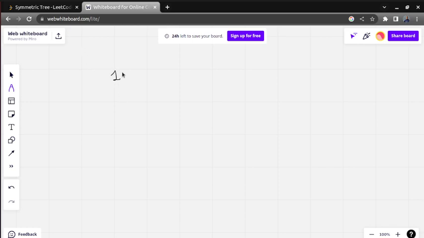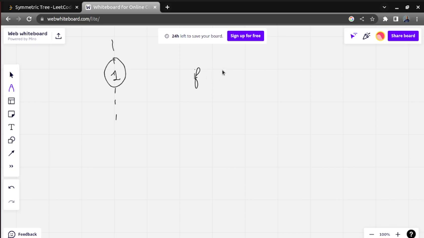First of all, there is only one element, no left child, no right child. It means if there is only one element, that will always be symmetric. So we can write the conditions. I am going to tell all the conditions and then we are going to write them.